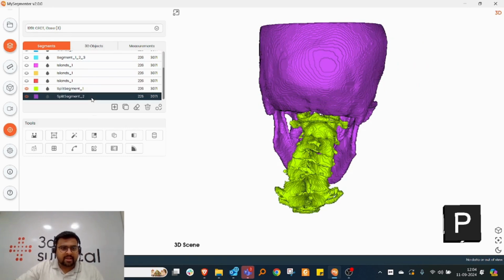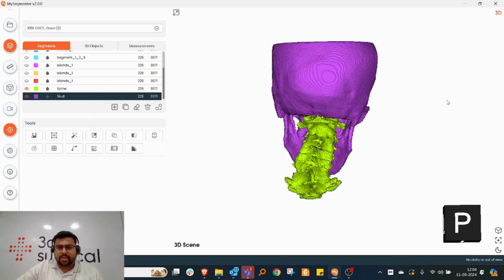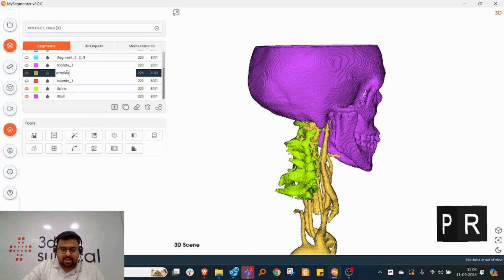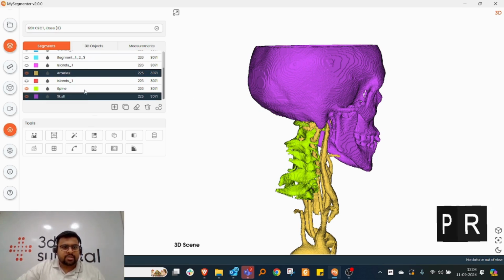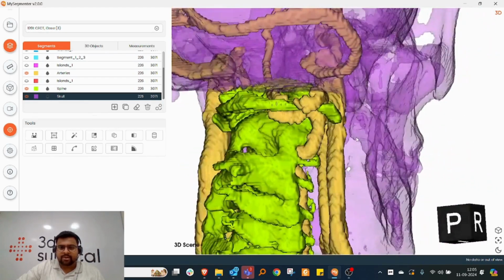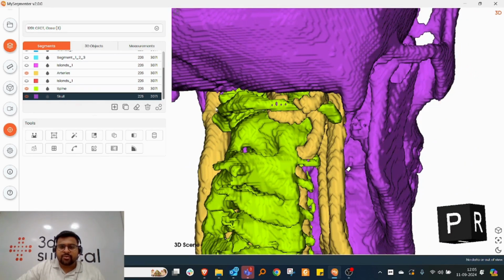I can give it a name, and I can name this. Okay, and I can name this as a skull. Okay, and this can become my arteries. So I will name this as arteries. Okay, so now I will just toggle the transparency a little, and it will show me all the required stuff over here. So let's say now I'm good with the mask and I want to use this to create an STL file